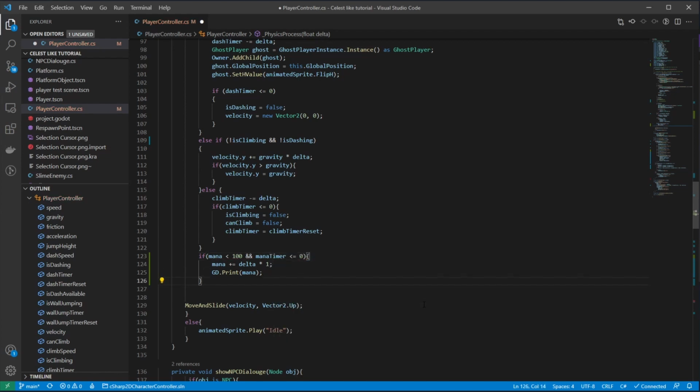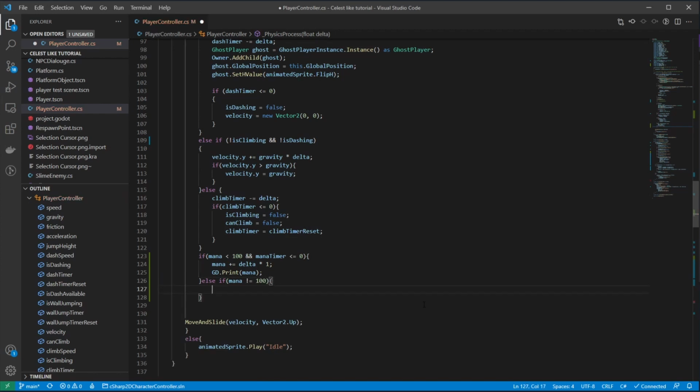And then we need to say, hey, if it's not less than or equal to 0, we need to start running that timer to get it to 0 as quickly as possible, right? Because we want them to get their mana back. So we need to say, else if mana does not equal 100, then I need you to go ahead and make your mana timer be reduced by